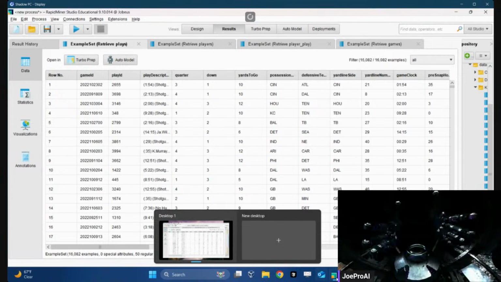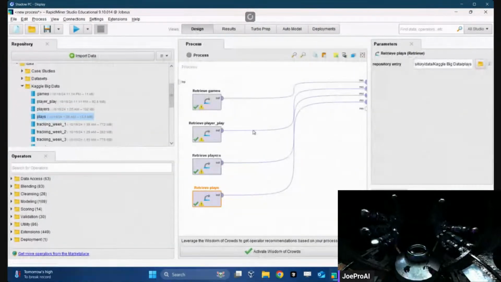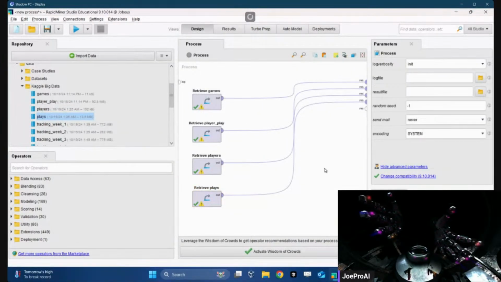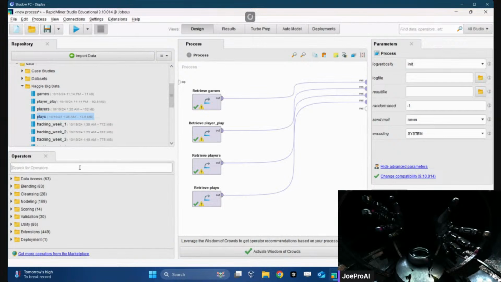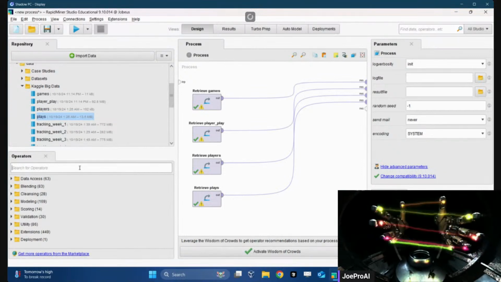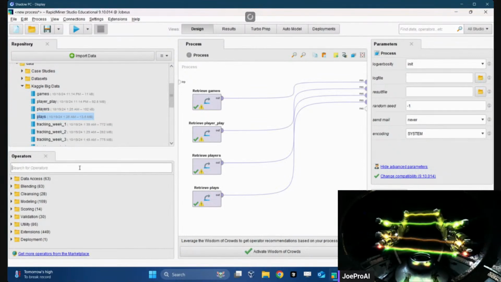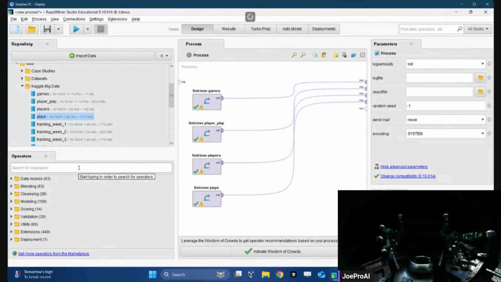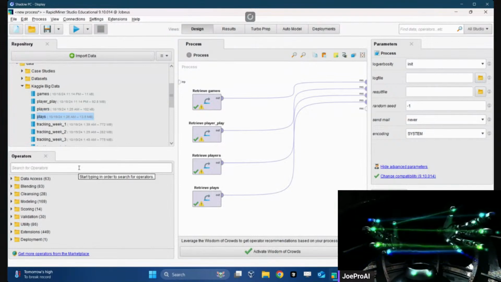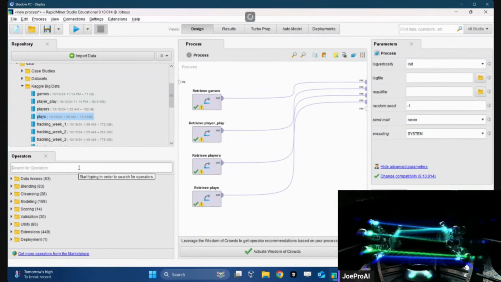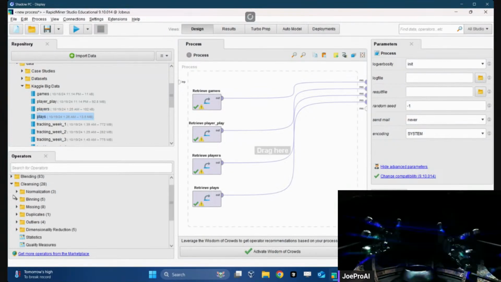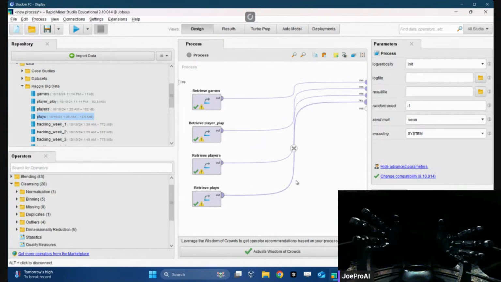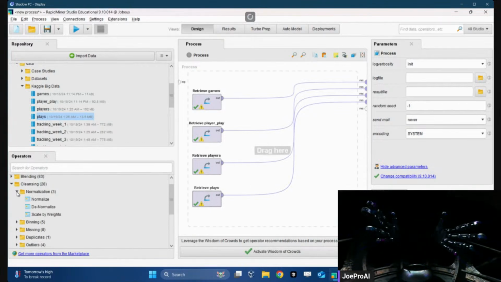What I'm going to do is add, so this is where the fun begins, is all of these operators can manipulate the data so that it creates something. So what I'm going to do is try to fix our data by doing normalization.